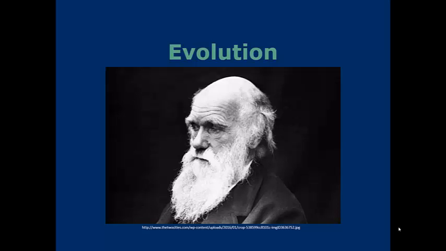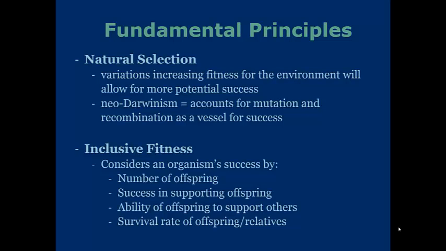Charles Darwin pioneered. There are some fundamental principles when you talk about evolution, starting first with natural selection. This states that variations will increase fitness in an environment, and this will allow for more success. Success in terms of evolution is the ability to reproduce. Neo-Darwinism is basically a newer form of Darwinism that accounts for mutation and recombination as vessels for success, along with